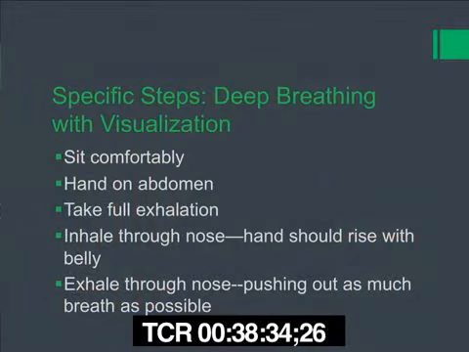And you can add a visualization element, because a lot of times with patients, you'll teach them the deep breathing, but they'll find that they're bored after a minute or so. So you can add a visualization element to it. And the deep breathing with visualization really triggers the parasympathetic nervous system. So here are the specific steps for the patient to take when you're trying to help them do deep breathing